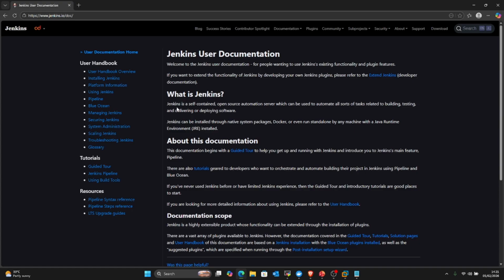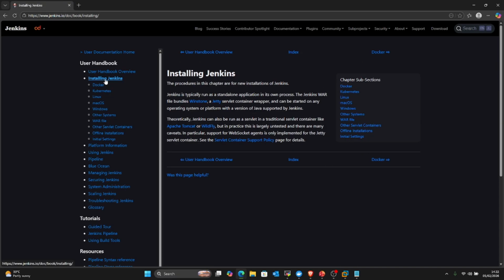So from here, Jenkins is a self-contained open source automation server which can be used to automate all sorts of tasks related to building, testing, and delivering or deploying software. Just like I explained, it is used for CI/CD. Though it can be used for CI/CD, most of the time in a GitOps workflow we use Jenkins only for CI and not for CD. So without wasting much time, I'm just going to go to the installation. We'll click on installing Jenkins, and